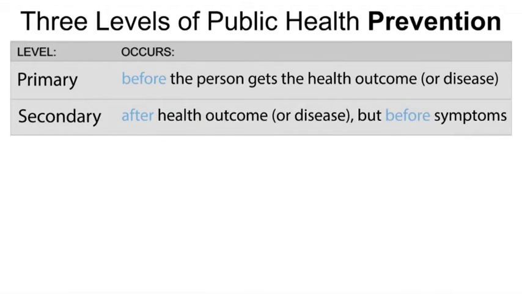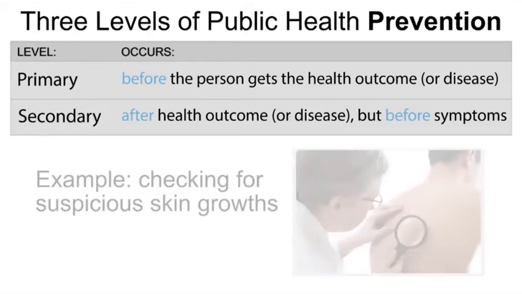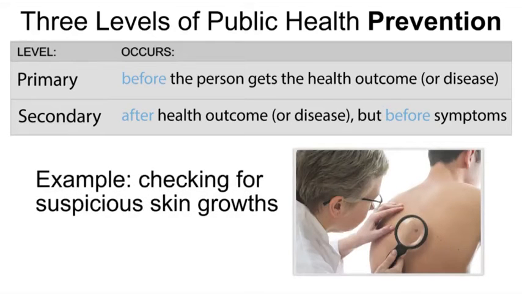Secondary prevention occurs after a disease has occurred, but before the person notices symptoms. Secondary prevention aims to find and treat disease early, which may lead to the disease being cured. An example of a secondary health prevention is a doctor checking for suspicious skin growth in order to detect and